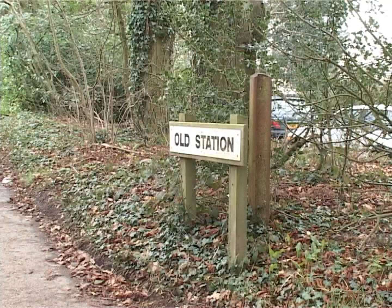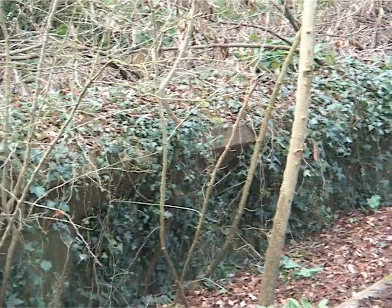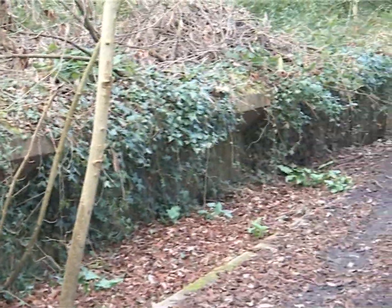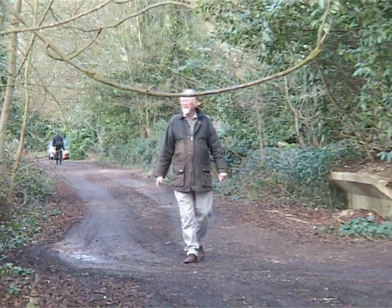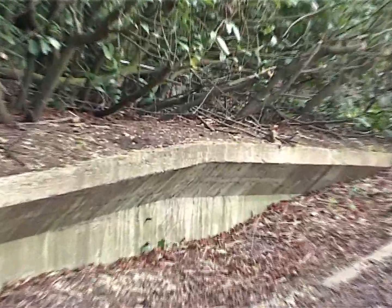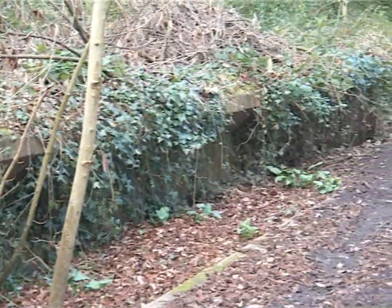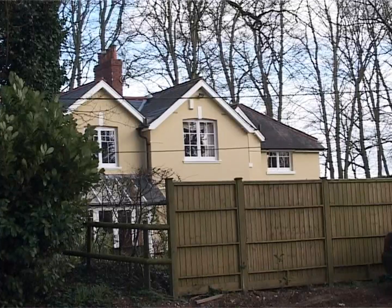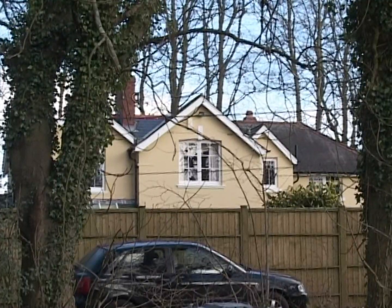This is Herriard Station, the most important station on the line, and the two platforms can still be seen today. Here at Herriard Station, the concrete platforms are still here, and in 1901 reinforced concrete was a modern material. This was always the busiest passenger station on the line, but the passenger figures just dropped like a stone. A competing bus service was introduced down the main road in 1928. After then, the numbers using this service became unsustainable, and it's not surprising that the last passenger train ran in